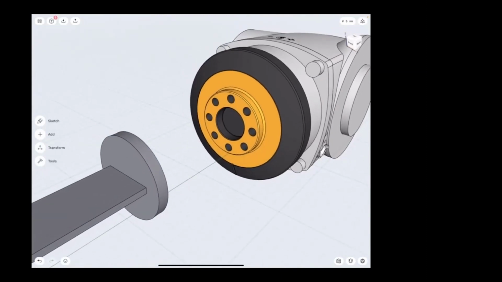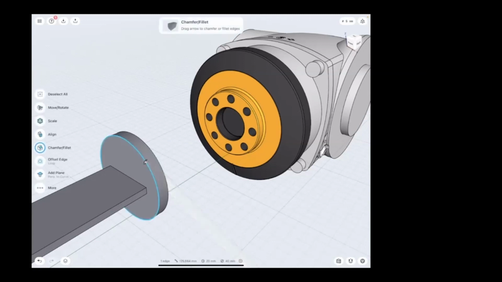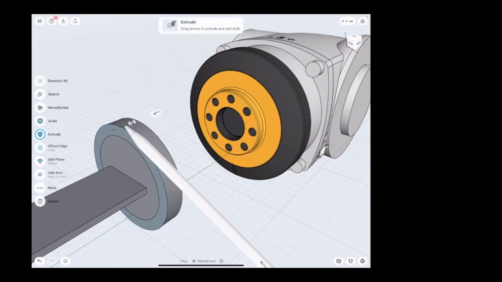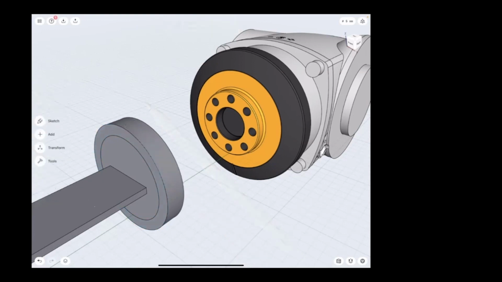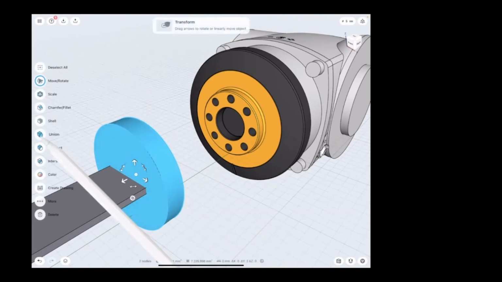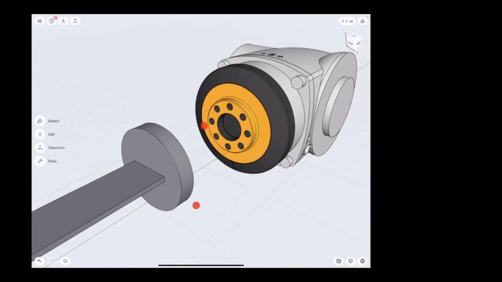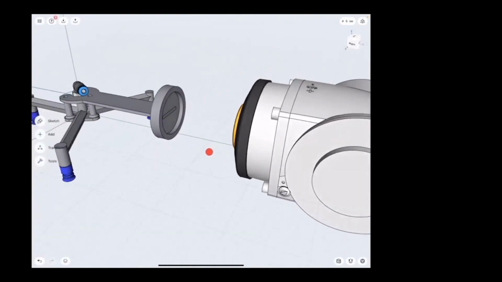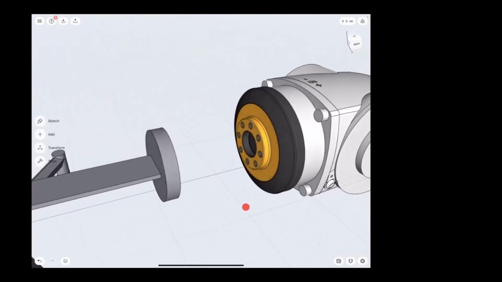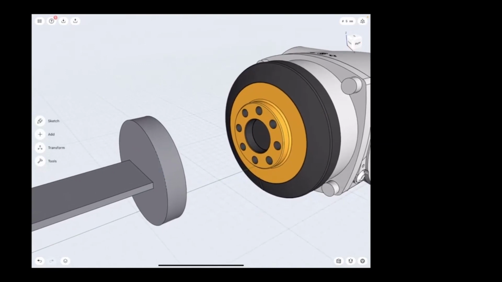So let me just select the outer edge of this disc shape that I just created and offset it out by 5mm. And extrude backwards the enclosed area. There I have two simple bodies that I will join together by the union tool. And you can see that I have that small shoulder shape there, which is what I was looking for. It helps a lot in the alignment.